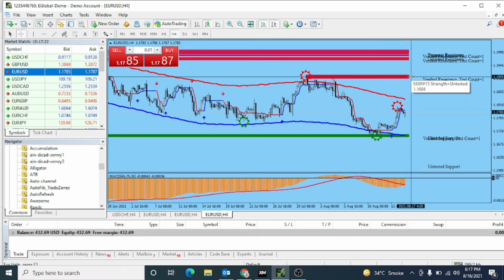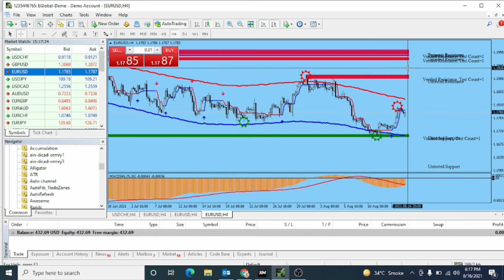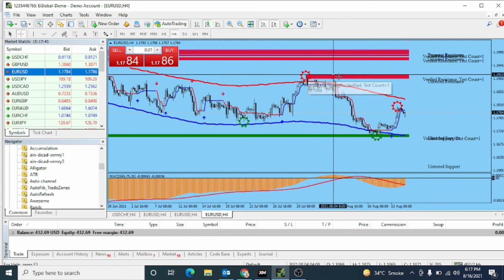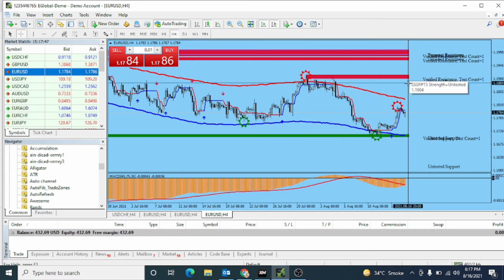You can set the stop loss on the upside, and if the market breaks or hits the stop loss level, then at this point you can set a sell limit, because this is already a verified resistance level on the upside. This one is a little bit weak because the market was here on 30th July, and the market is going again. If the market goes up to this point, you can sell here.